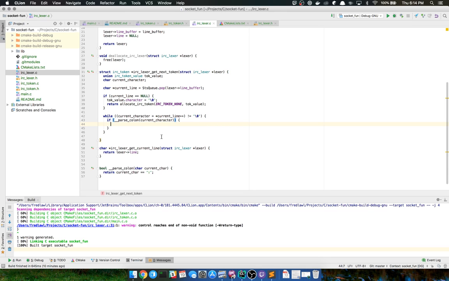Oh wait, yeah, we want to advance. I'm just trying to think. Since we're kind of streaming this, the get next token, I'm not entirely convinced what I'm doing here is exactly correct. I think I want to keep count of the actual character position that I'm at within the line, and then increment that.